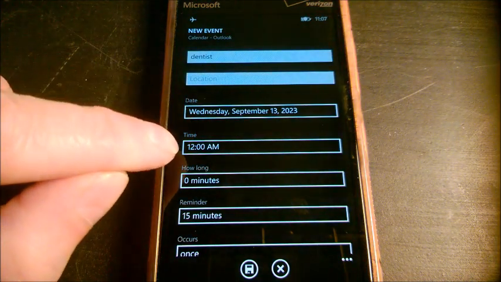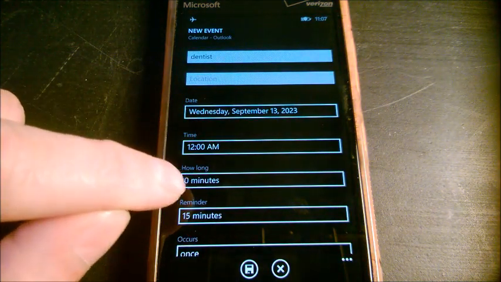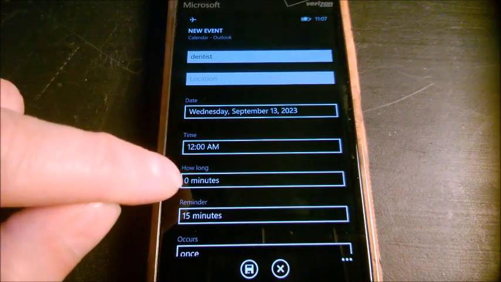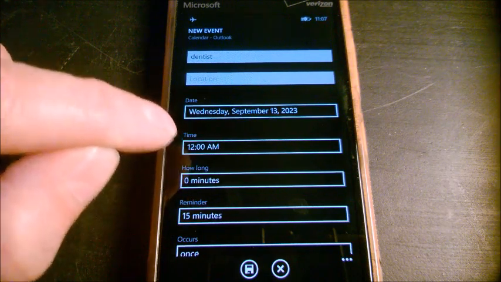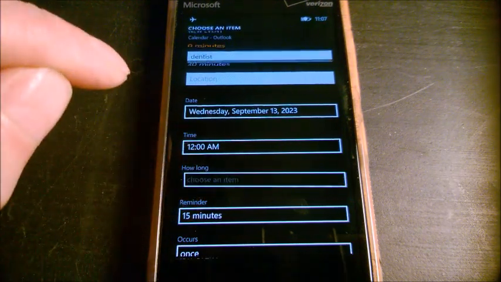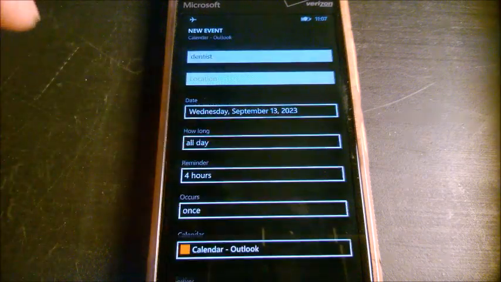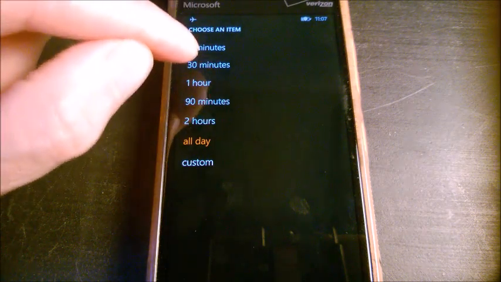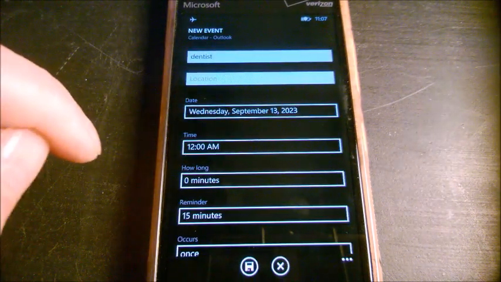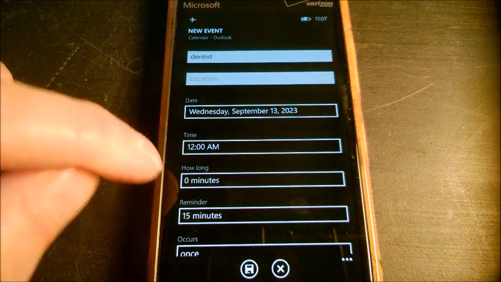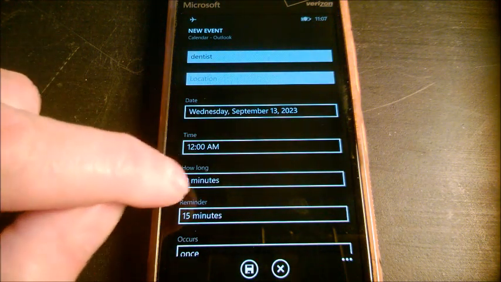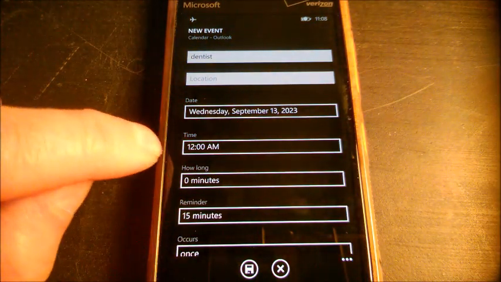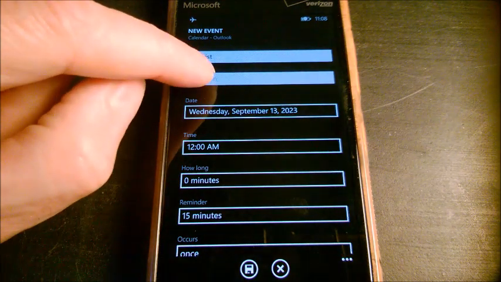Once you do so, you see the how long here is now 0 minutes. Right after changing this setting, it gives you the start time, which was not there before. If I put all day, you notice there is no start time. So that's why you want to change the how long, maybe put it 30 minutes, 1 hour, it doesn't matter, but it's really a matter of setting the reminder. Ideally, I think it's 0 minutes. Then you see the time, and this is the start time of the event.